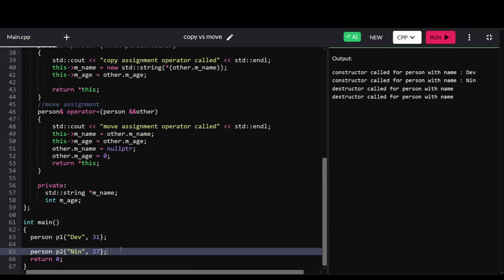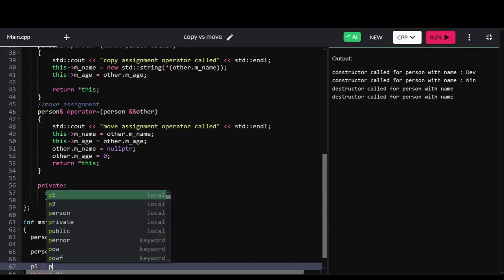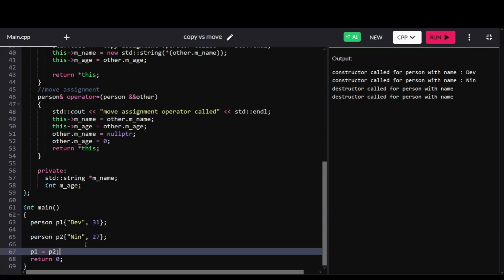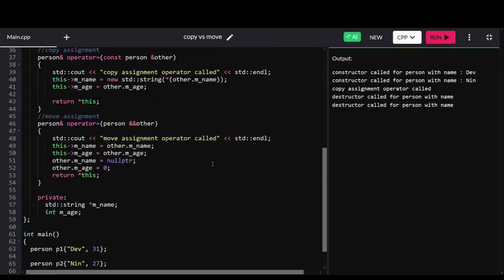Now, if I want to move, or sorry, copy P2's data into P1, this line here on 67 will invoke the copy assignment operator, right? And let's see that in action. So copy assignment operator called, right? And when that gets called, you are now creating